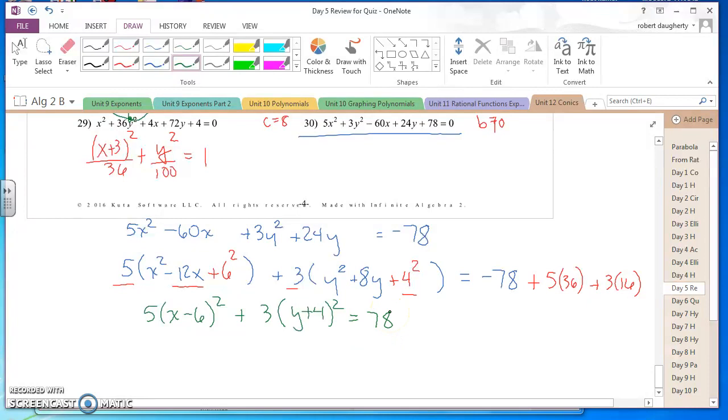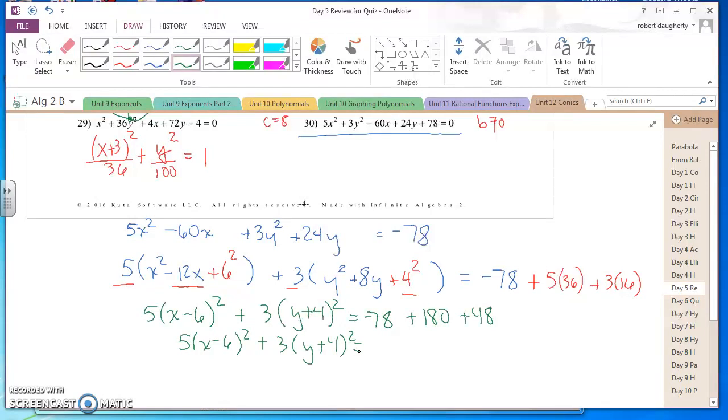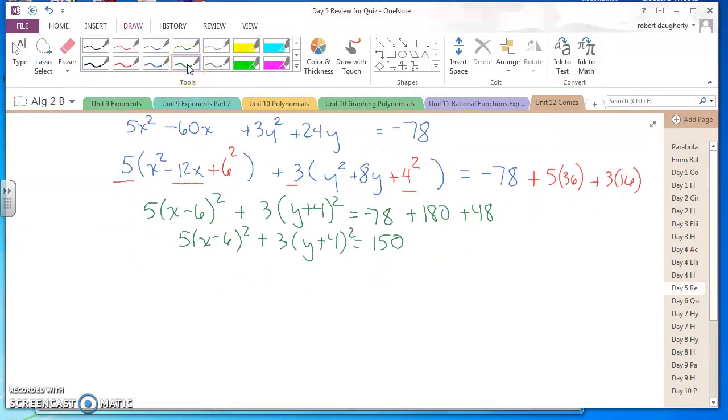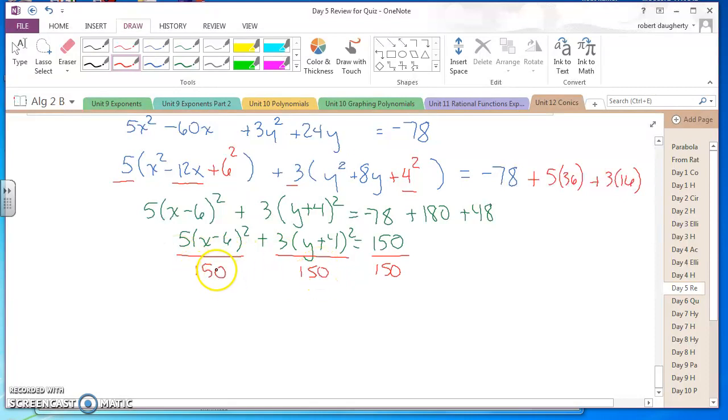Let's just see real quick. 5 times 36 is 180, so this was negative 78 plus 180 plus 48. So this is 5(x − 6)² + 3(y + 4)² equals 180 plus 48 minus 78, which equals 150. Almost there. Remember, for an ellipse, the right-hand side must be equal to 1. I'm going to divide everything by 150, so when I do that, I get a 1 on the right side. 150 divided by 5 is going to be 30. So this is (x − 6)²